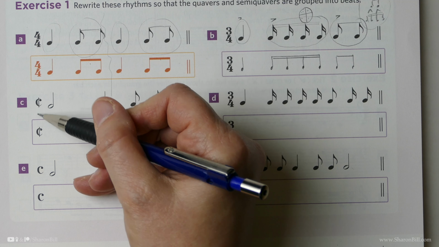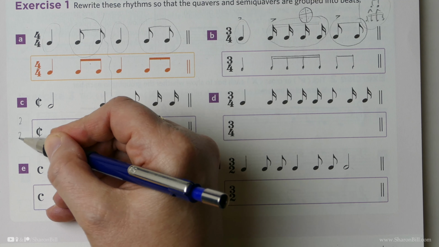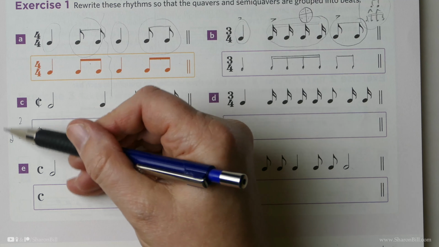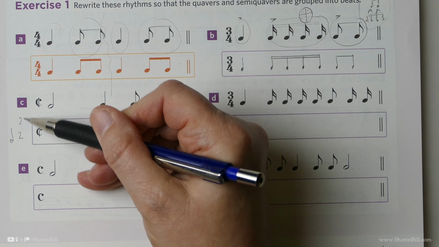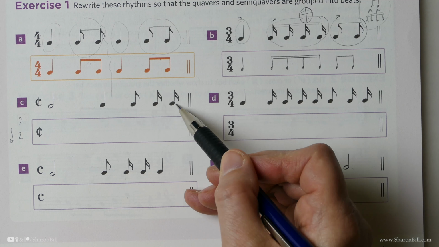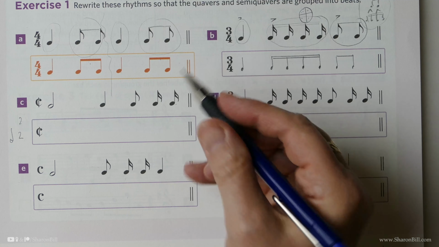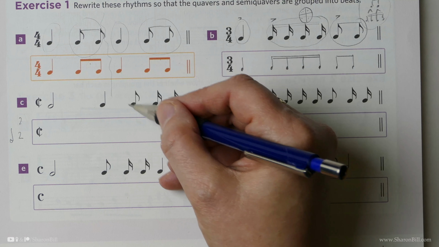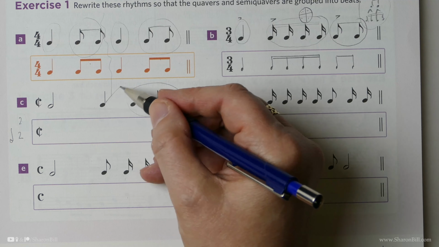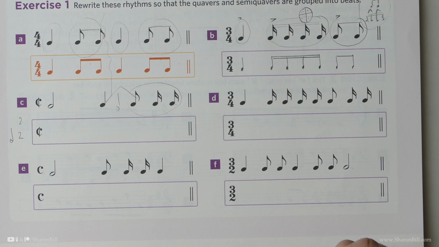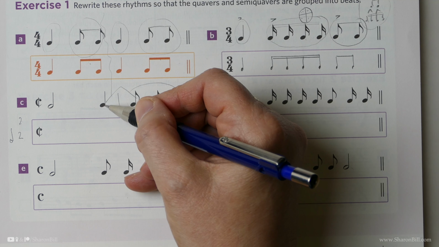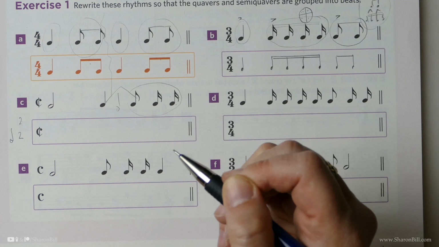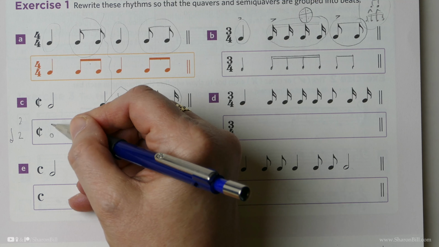So here we have this time signature, if you remember, is 2/2, 2 minim beats per bar. But that's kind of the general time frame that we're working in, but we still need to beam quavers and semi-quavers to show a crotchet beat. And so there's 1 minim beat, there's another minim beat, and we need to finish this crotchet part together, and then that will complete the second minim beat of that bar. Of course we don't beam a crotchet, that would become a quaver then, because we're just literally linking these tails together. So we're just copying for the first part of the bar,